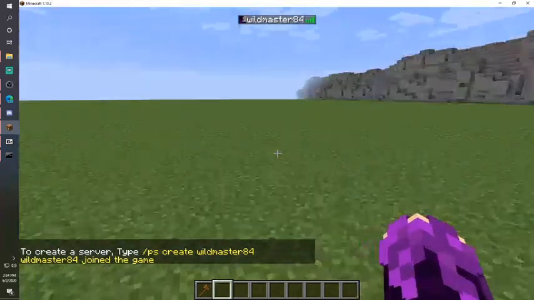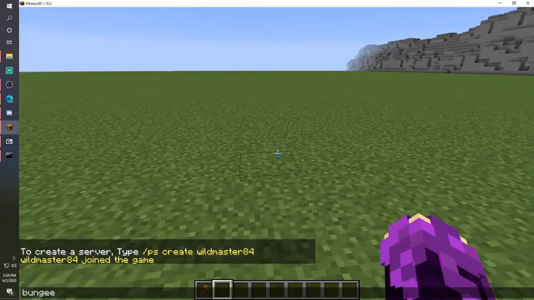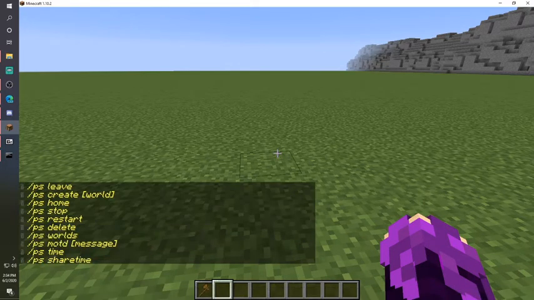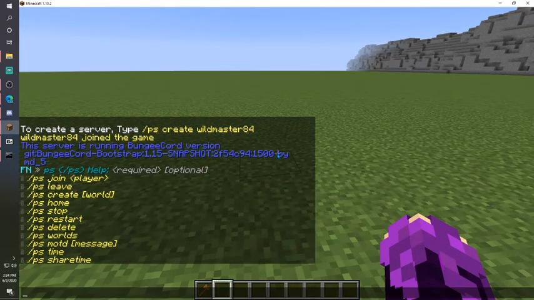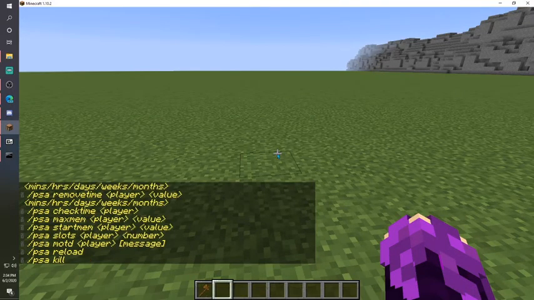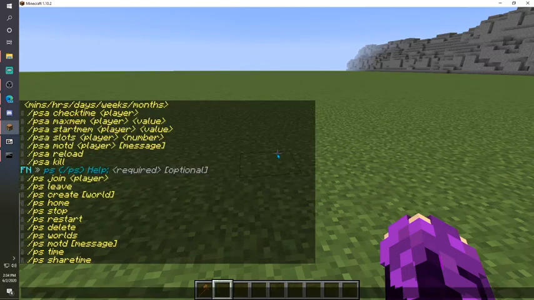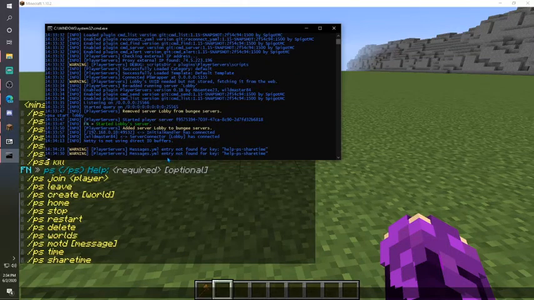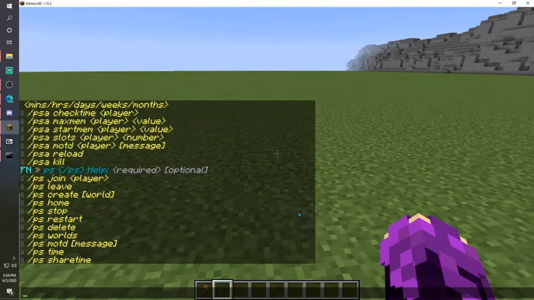And we are in. Let's just make sure it did update. Yes, it did update. So let's type /ps. Yep. /psa. I'm trying to figure out why the GUI is not popping up. I'm guessing that's just one of the configuration things. Let's see. Help.ps.sharetime. Yeah, okay. That's just part of the message. YML, blah, blah, blah. But if we were to type /ps,